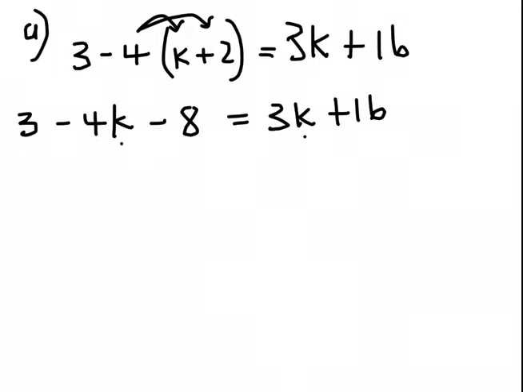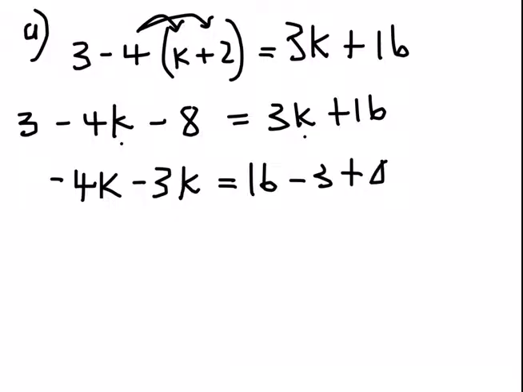How do you deal with it? Letters one side, numbers one side. So we can still say we have negative 4k, bring that to the other side, it becomes negative 3k equals to 16, already it's here. 3 comes this side, it changes the sign, and then 8, it goes to that side, it also changes the sign. Here we have negative 7k, which will be equals to that and that is 8 minus that, it looks to be